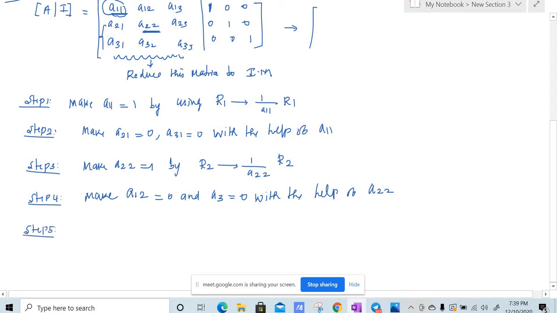And step 5, similarly we need to make a33 is equal to 1. So make a33 is equal to 1 by using a transformation r3 is equal to 1 by a33 r3, so that this element will be 1 now. And step 6 will be make a13 and a23 is equal to 0 with the help of a33. So make a13 is equal to 0, a23 is equal to 0 with the help of